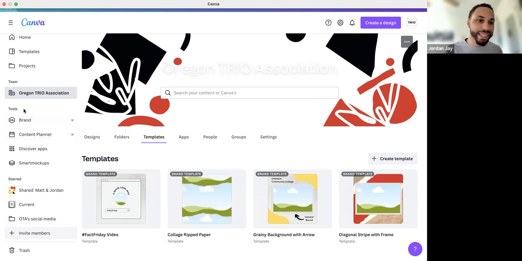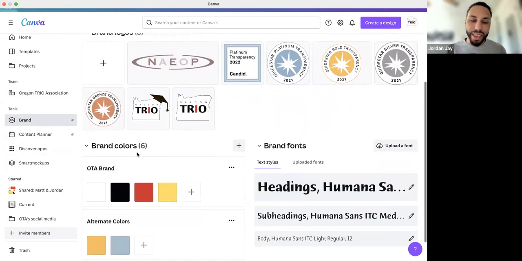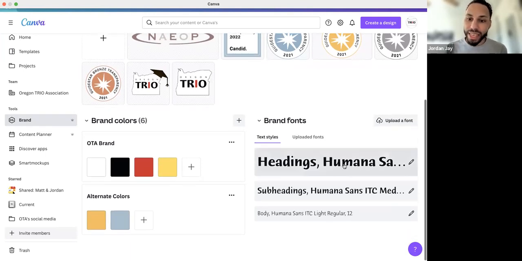Tools here, this is the section that has just changed. These used to be kind of separate, but brand is where what was called Brand Kit. So this is where you can upload your logos. This is where you can have your brand colors and brand fonts. These fonts are the ones that we uploaded. Humana Sans ITC.